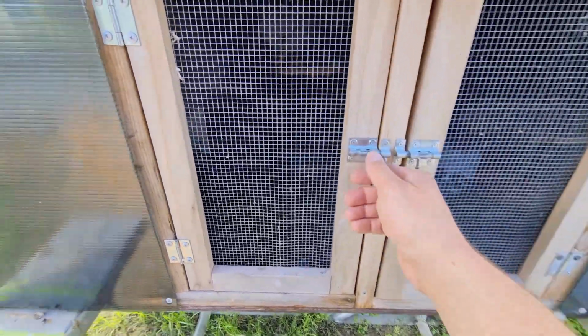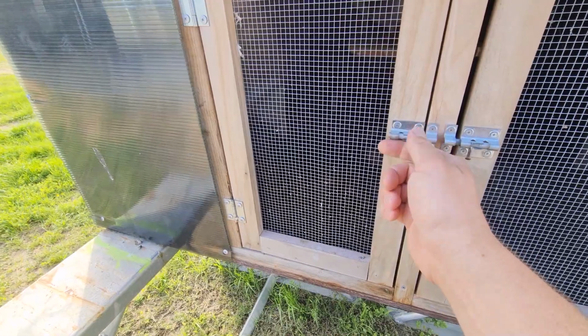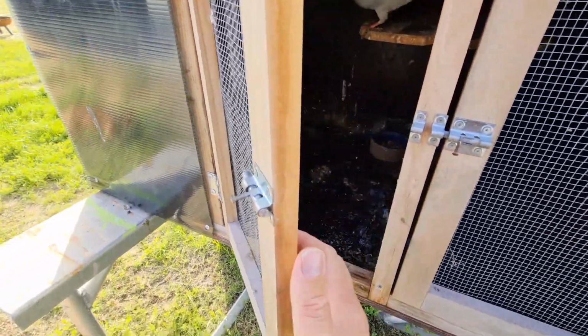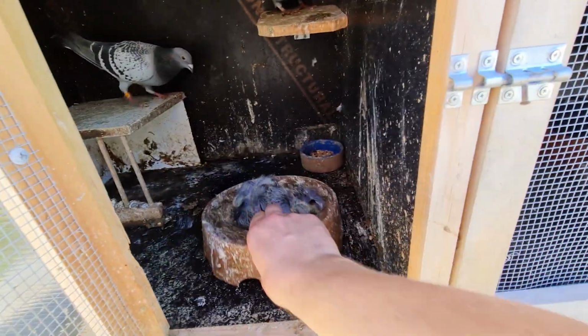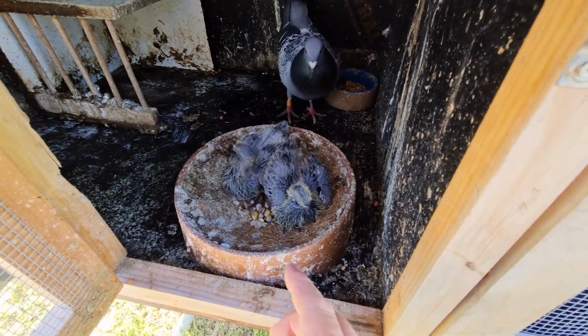We're going to have a little quick look at the breeders today. Got a bit of sad news from the Tiger Grizzles, which we'll get to in a minute. Just want to have a quick look in here, as long as I don't get my hand bitten off by this guy. We've got the two new Bala splits here,